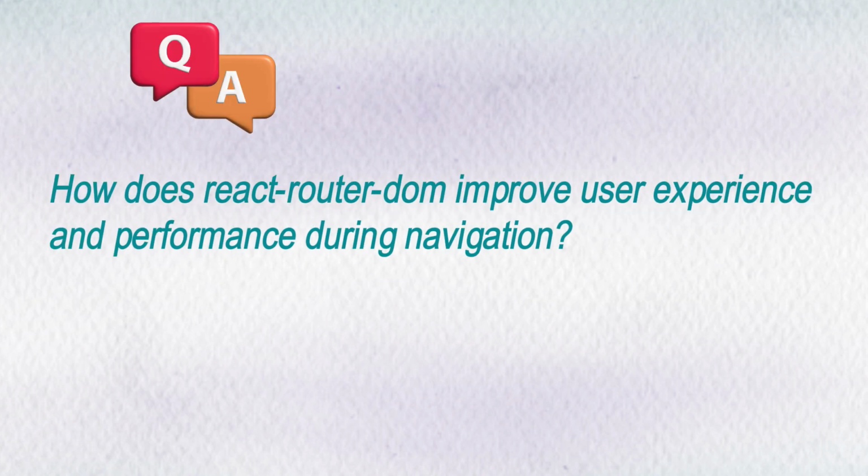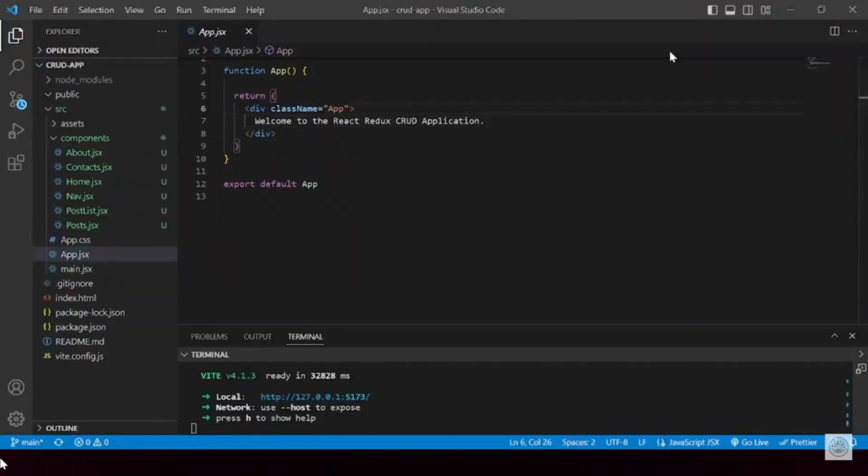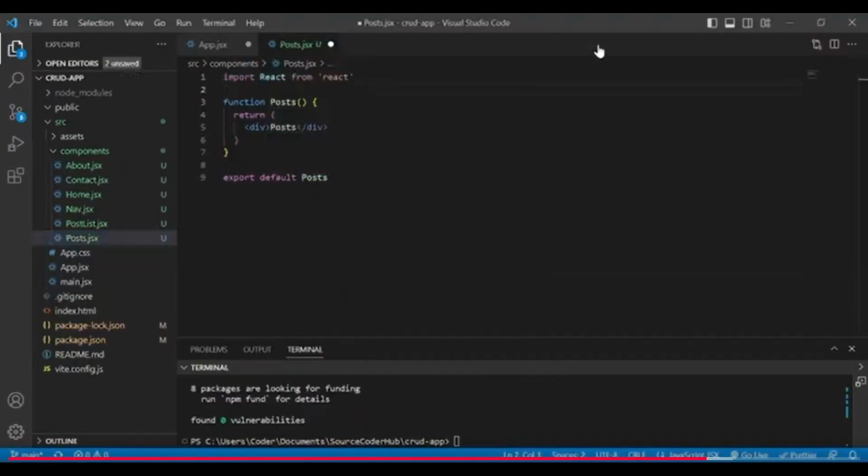How does React Router DOM improve user experience and performance during navigation? Routes include the functionality to navigate or switch from one component to another when the path in the route matches the current URL. Routes preserve state and prevent page refreshes, which provide a better user experience and improve the app's performance. And we'll import Link from React Router DOM,